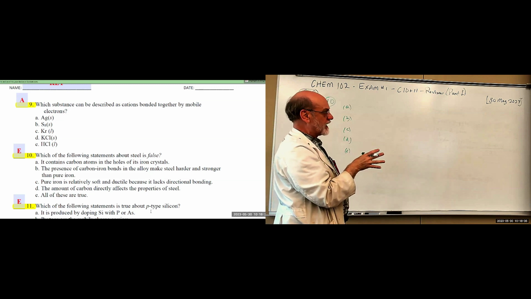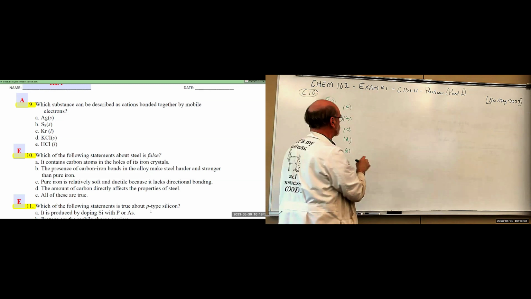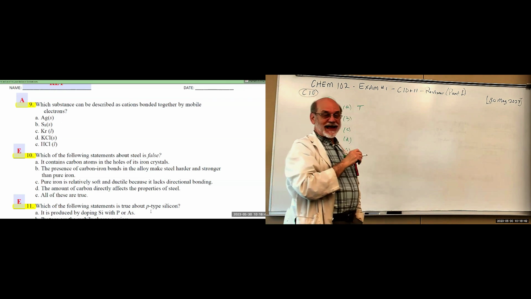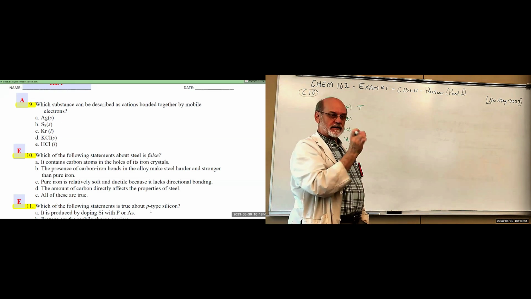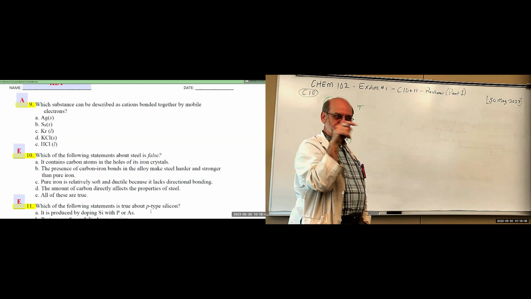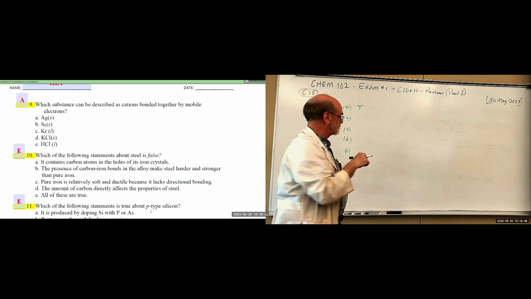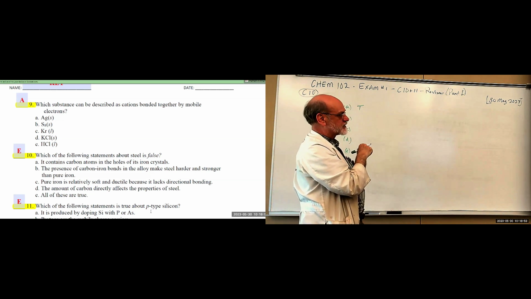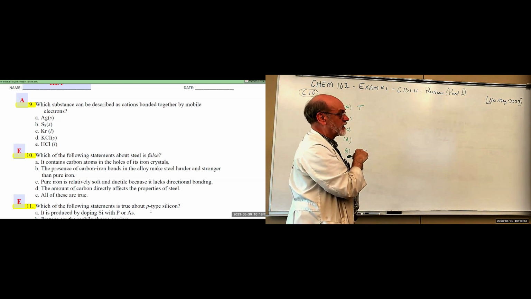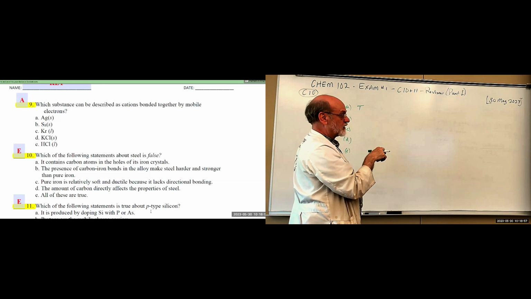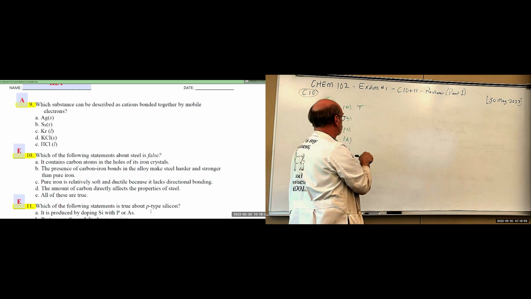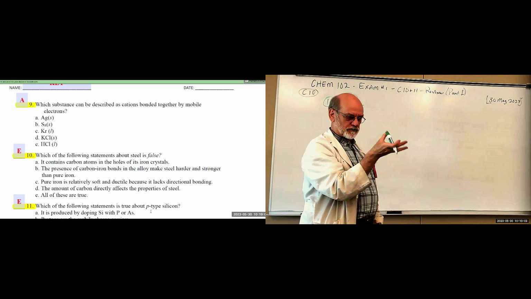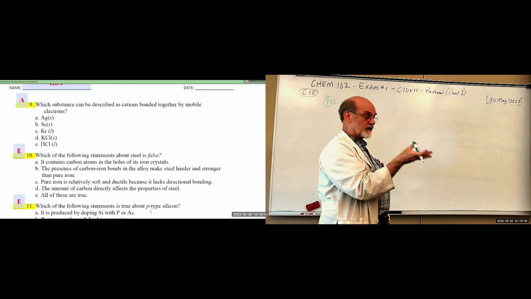Okay, contains carbon atoms in holes of its iron crystals. That is true. It's an alloy where the carbon atoms are small enough to fit into the voids. So that statement is true. The presence of carbon-iron bonds in the alloy makes steel harder and stronger than pure iron. Yes. The presence of those carbons in those voids, they actually form bonds with the iron,